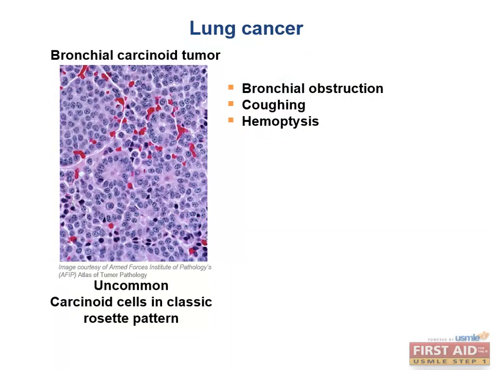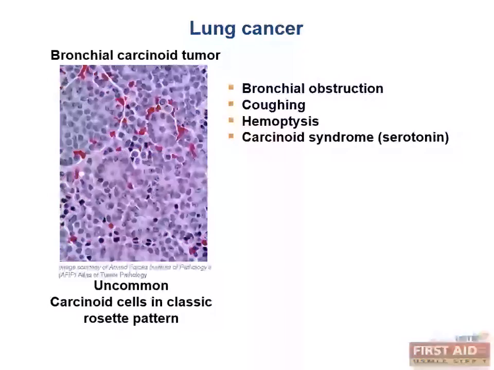Occasionally, you can also see it present as the carcinoid syndrome, where you get flushing, diarrhea, wheezing, and salivation, all due to the tumor's production of serotonin. You can also get fibrosis of the tricuspid and pulmonary valves from high levels of serotonin, which can lead to right heart failure. So here's a board-related question. If you have someone who presents with carcinoid syndrome, where else would you look other than the lung?